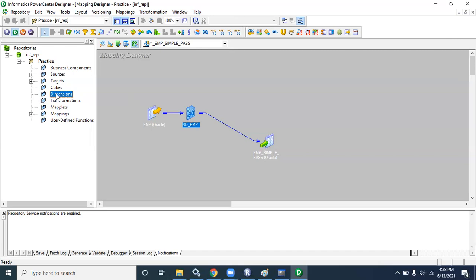In the theoretical part, I will tell you about dimensions, because in real time we do use dimensions a bit. But when working in real time, you can't see what is the dimension, what is the fact, what is the cube or a normal table. We only have to implement, because the architect decides that.